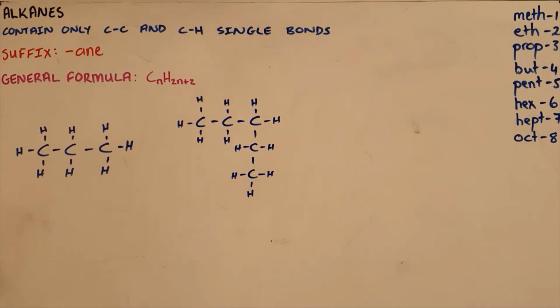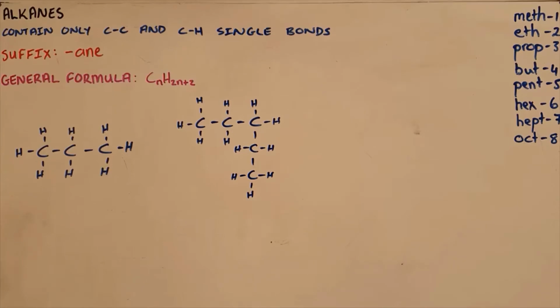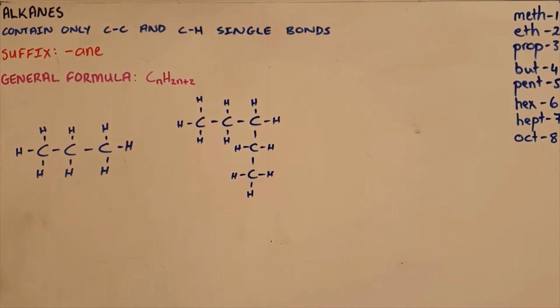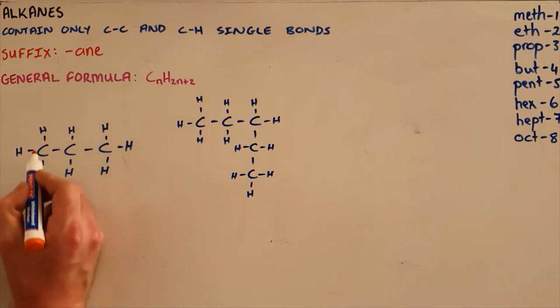Alkanes are the simplest organic compounds, as they contain only carbon-carbon single bonds and carbon-hydrogen bonds. Any substance that is identified to be an alkane will get the suffix ane and be described by the general formula CnH2n+2. So the way that we would name an alkane is you start by identifying the longest